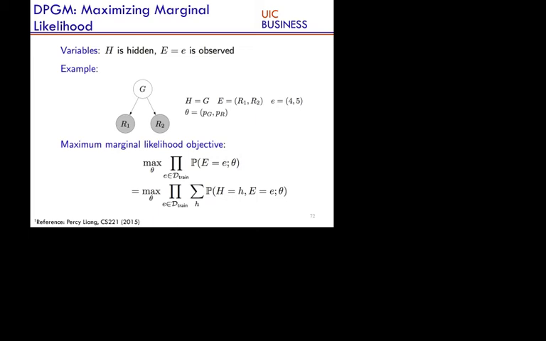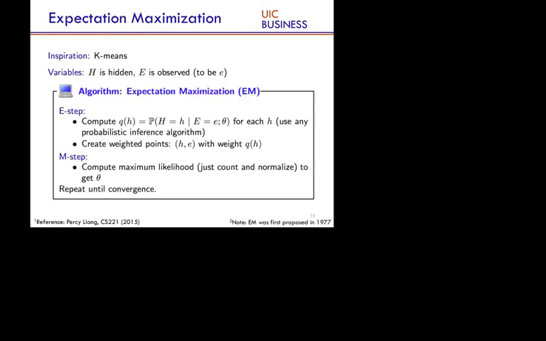And how do you do this operation? Previously, when we observed H, we used normalized counts, and we know how to get the parameters theta. Now, if you don't have H, then it leads to a very interesting algorithm called the expectation maximization family of algorithms. The inspiration is from the k-means technique. If you have taken 572, you must have seen the k-means algorithm for clustering, right? So what is the algorithm? Let me first describe the algorithm, and then I'm going to intuitively describe how it's related to